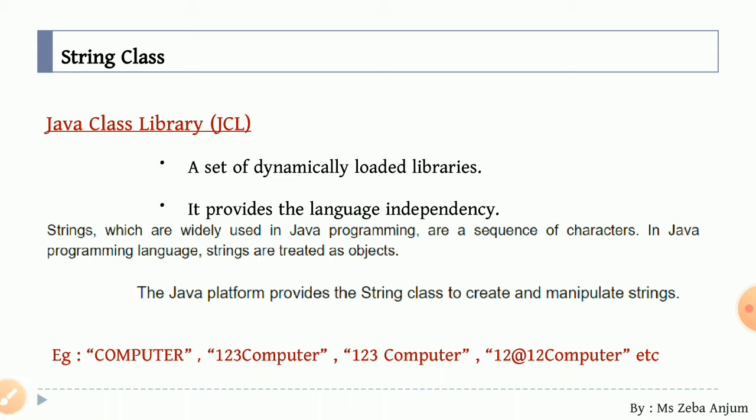Now moving forward to our next topic, that is assigning a string. Over here we are going to study assigning a string, meaning how we are going to define a data type as a string, how we are going to take a variable of string data type, as well as how we are going to make an object of this string class. For this assignment of a string we have two methods. Let us see those two methods ourselves.